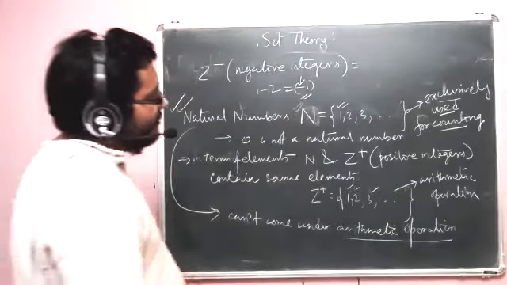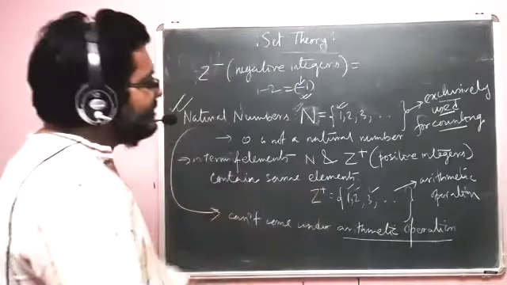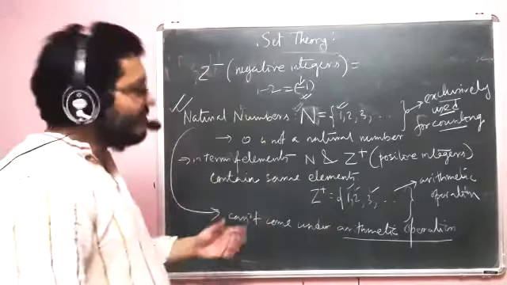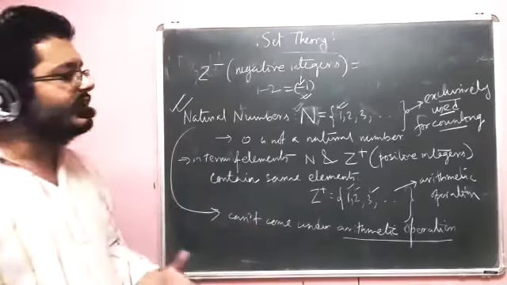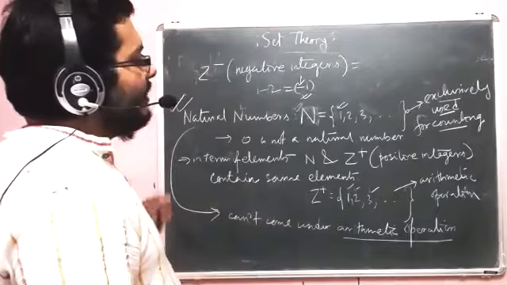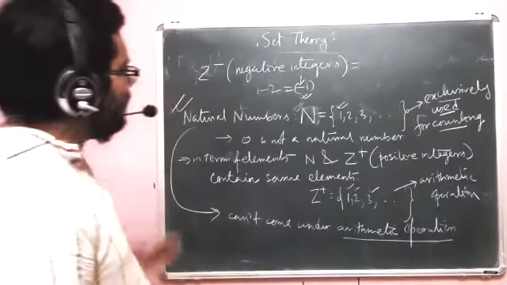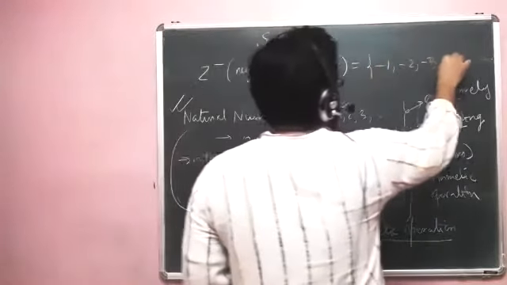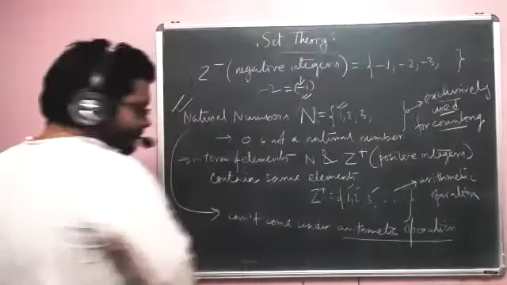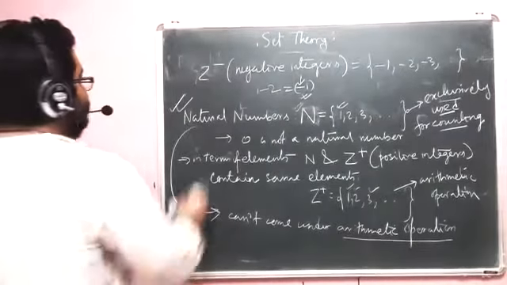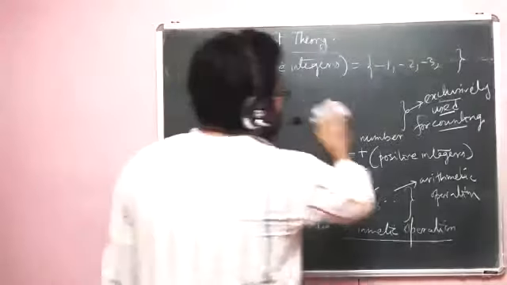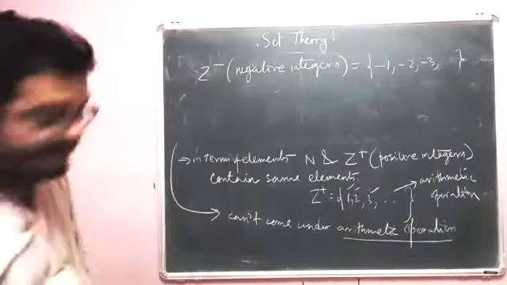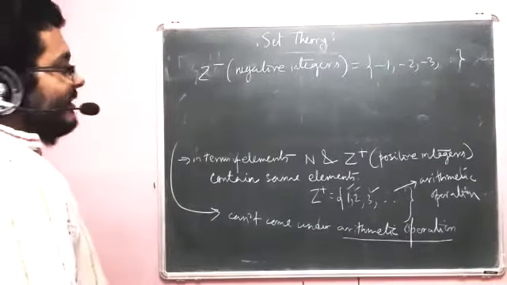So when I'm operating with positive integers, I may land up somewhere where there is a negative sign, but the number associated with it will be an integer. So to be able to perform arithmetic operations, we define Z minus, which are negative integers. So it will be minus 1, minus 2, minus 3, and so on. And also we need the famous 0. 0 has more role to play than one can possibly understand.